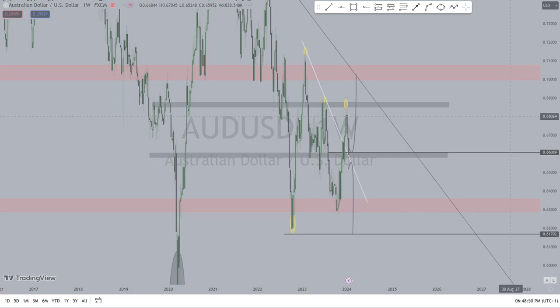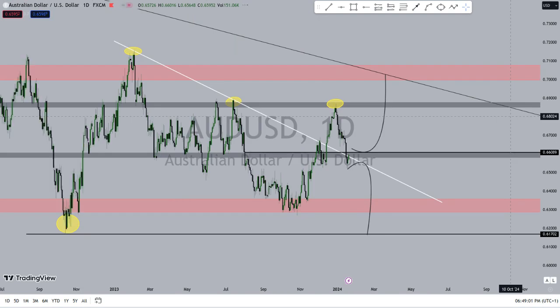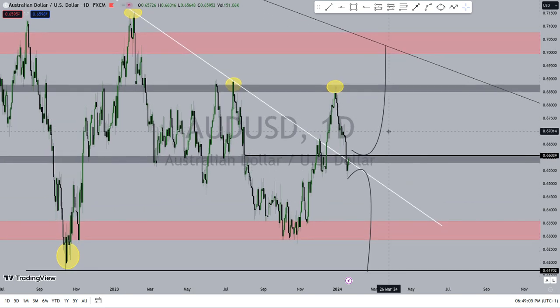That might be a stop hunt with the way I'm looking at it. That might be a stop hunt on AED USD. Yes, this might be a stop hunt taking out buyers out here, and then to push and break below this. That is why I said for us to be clear that AED USD is ready to now trade to